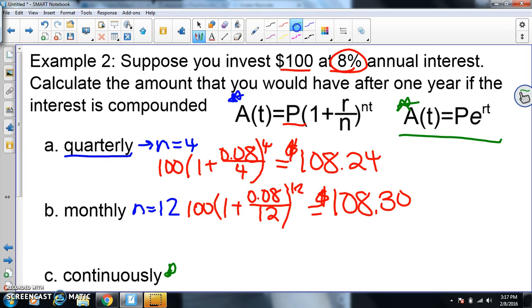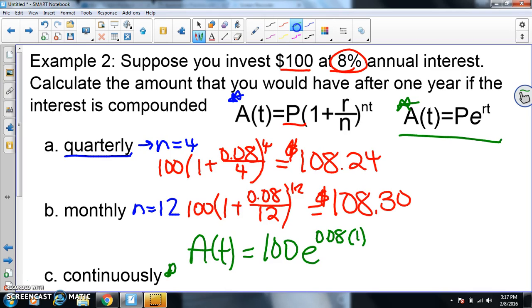Then the last part of the problem is we are compounded continuously, so we're using A is equal to P e to the power of RT. So A of t is equal to, our principal amount is still 100. e is a button on our calculator, kind of like pi. It is a symbol that represents an irrational number, and R is 0.08 times 1. So I put this in my calculator and I get